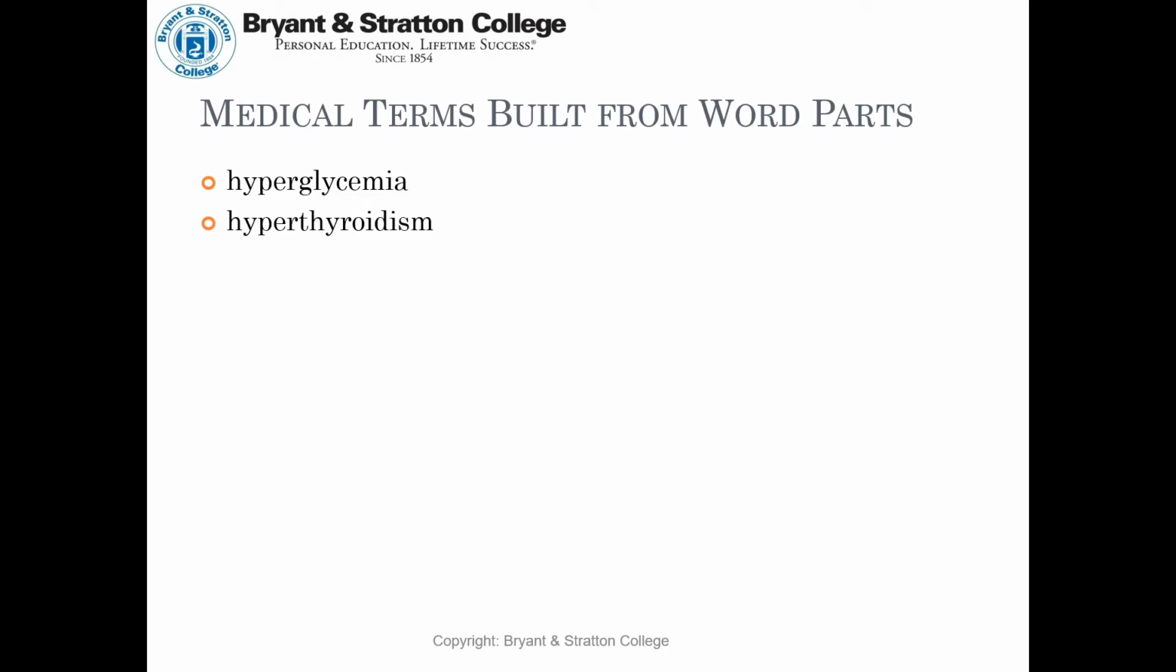Hyperthyroidism, too much thyroid hormone, which causes an increased metabolism. Hypoglycemia, too little blood sugar. Hypothyroidism is a reduced level of thyroid hormone, which means a reduced metabolism. Polydipsia. Now, this means excess thirst, right? And again, polydipsia is a symptom of diabetes. Polyuria is excess urination. This can be a symptom of diabetes